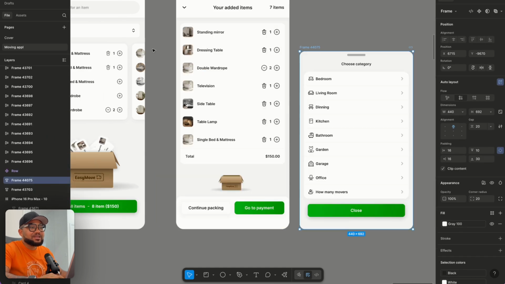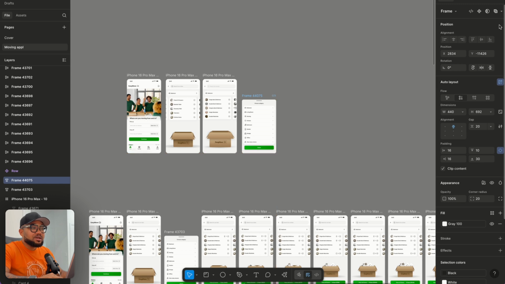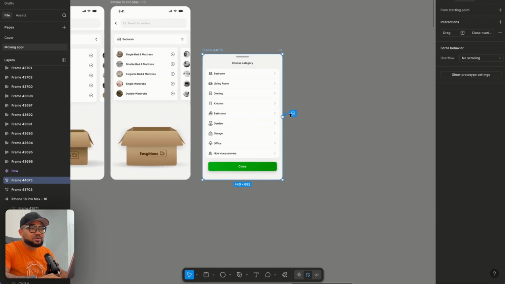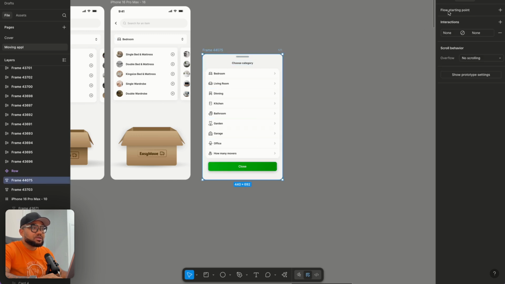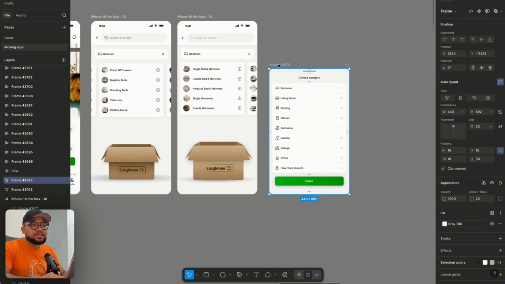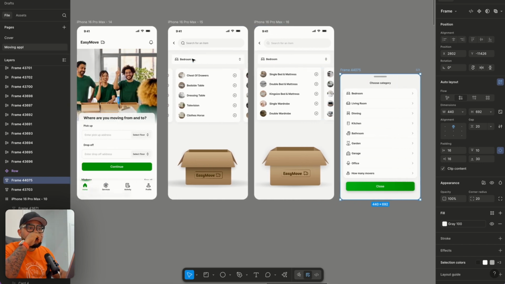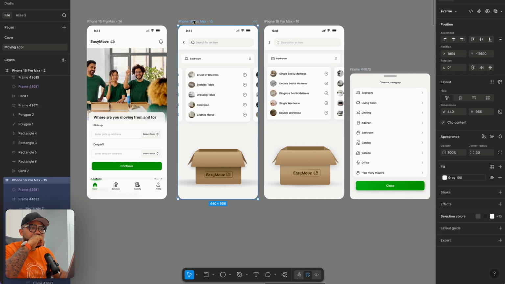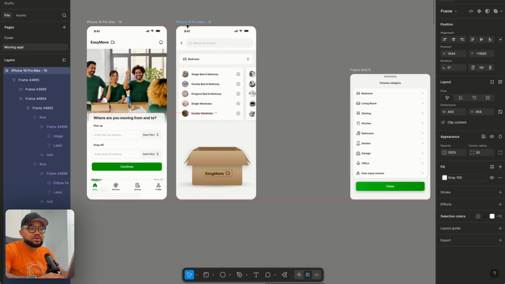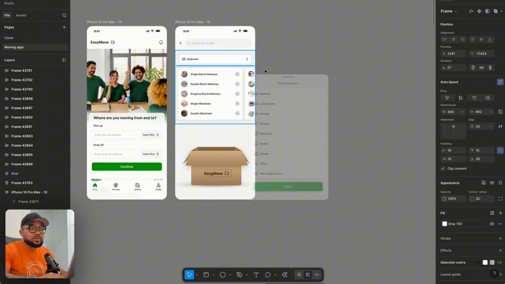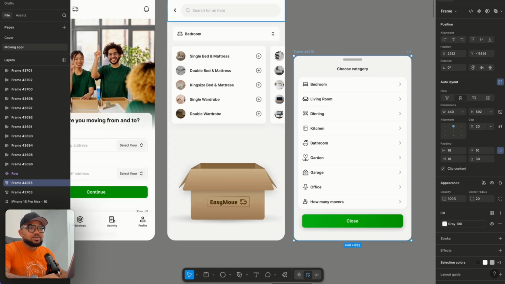So I'm just going to duplicate this, but I'm going to show the prototype on how this was actually brought in. So go to prototype. We're going to remove every interaction in it. Every interaction in it is out. So now the next, what I'm going to do is to select, okay, I think I have two of these. This is where we duplicated from. This is the new one that we created. So we're going to have this here and have this here. So the first interaction we're going to be creating is this. So select this,